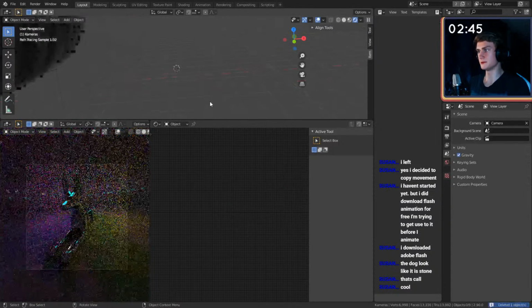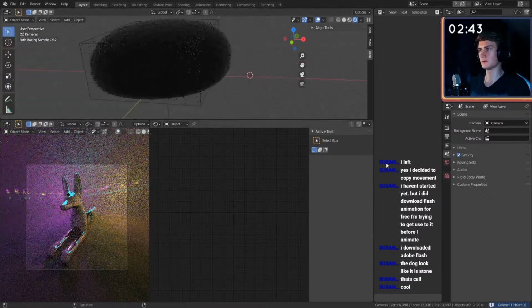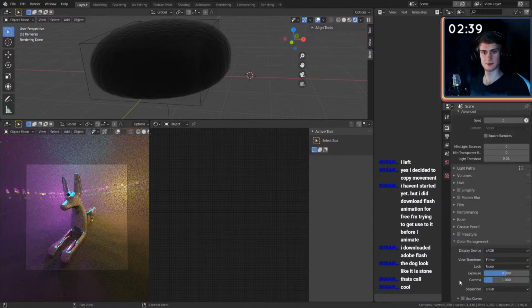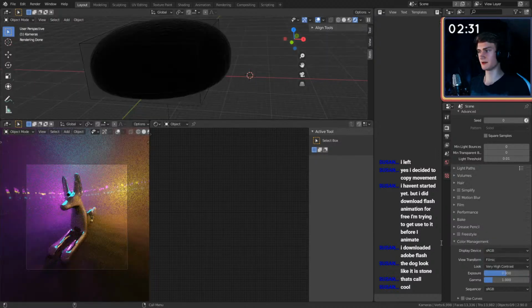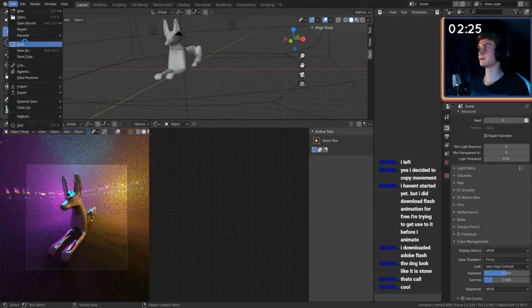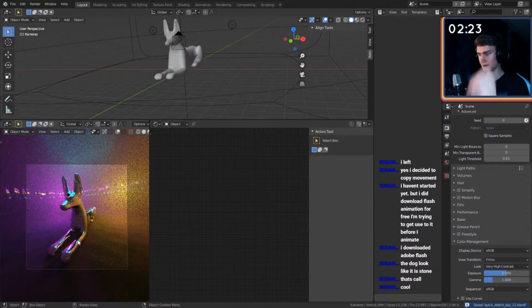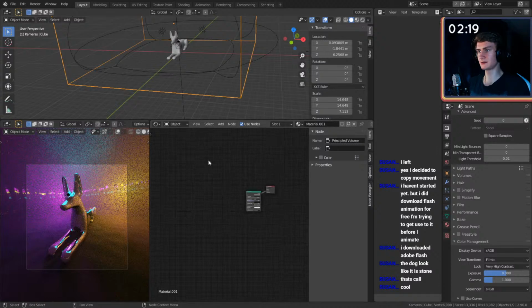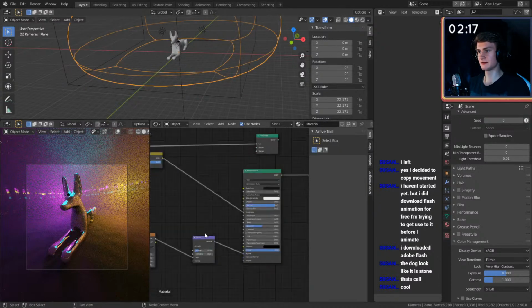Maybe there to... First of all, I want to set my color management to medium high contrast. Maybe even very high contrast. That looks pretty good. Put this to solid view. And save one more time. We could maybe go in here. Nope, into the ground setting. And